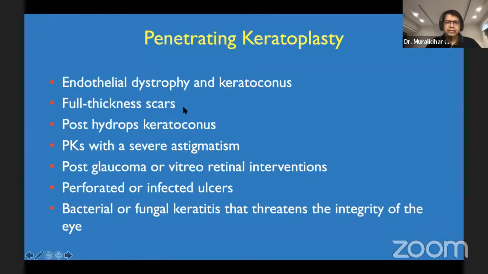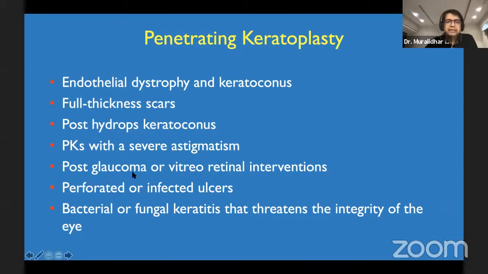If you look at the various indications, like endothelial dystrophy that may have pre-existing keratoconus or ectasia, full thickness scar, post-eye drops keratoconus. And previously, 20, 30 years ago, PKs have been done with a severe astigmatism, graft post ectasia,